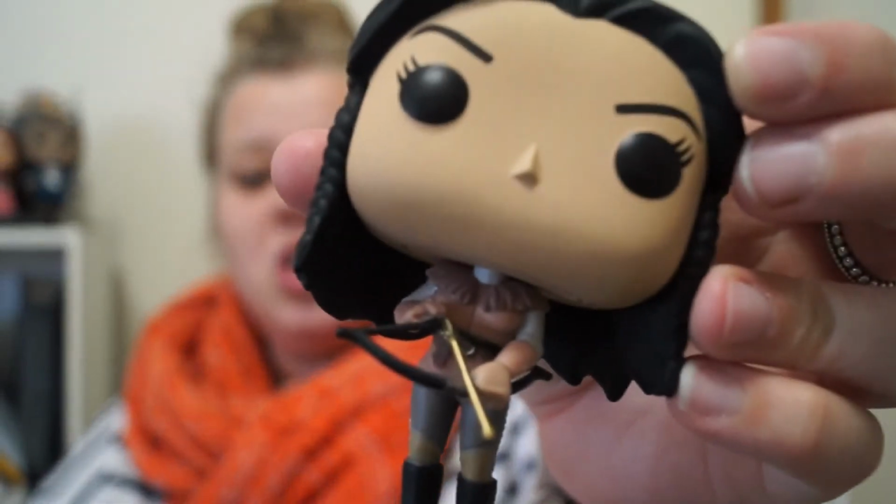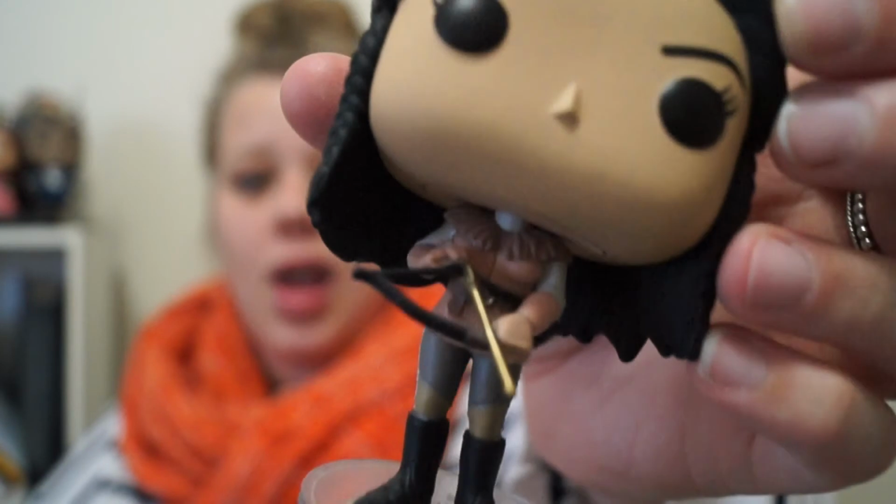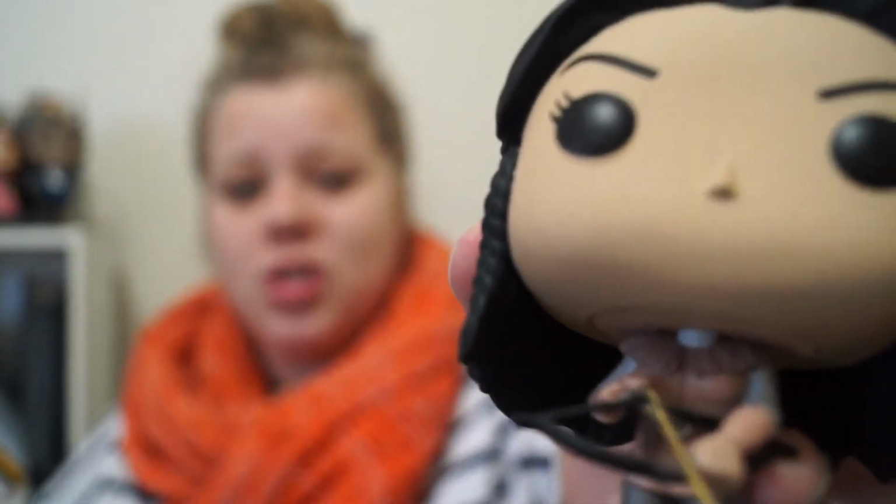This Once Upon a Time one I have is Snow White. This is Snow White in definitely a season 1 outfit. I think the Once Upon a Time ones I have are quite old, so they're a lot more old school outfit wise, but this is Snow with a kind of Voyager outfit. I don't know, but she's got a bow and arrow as she always uses, and she's got little plaits in her hair. Her hair just goes out in a little twist at the back, and this one is on a stand as well, which I hate, but